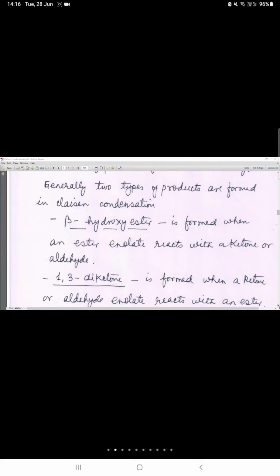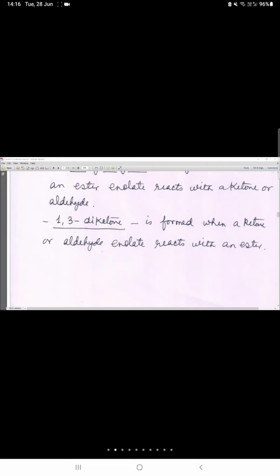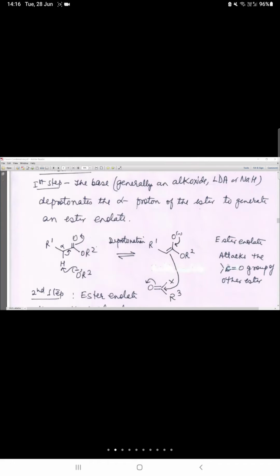जबकि आपका रिएक्शन जो है एस्टर इनोलेट कीटोन या एल्डिहाइड से रिएक्ट कर रहा है, तब आपको बीटा हाइड्रोक्सी एस्टर बनेगा। और अगर उल्टा रिवर्स रिएक्शन हो रहा है, कीटोन और एल्डिहाइड इनोलेट एस्टर से रिएक्ट कर रहा है, तो 1,3 डाइकीटोन बनेगा। अब हम मूविंग टू मैकेनिज्म, तब क्लियर आएगा कि कैसे होगा।